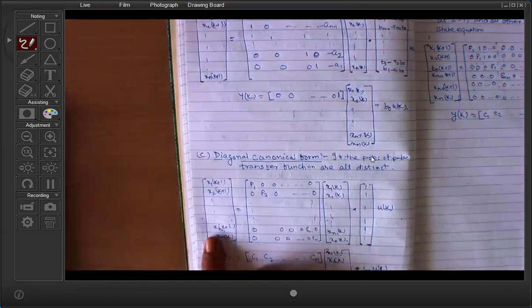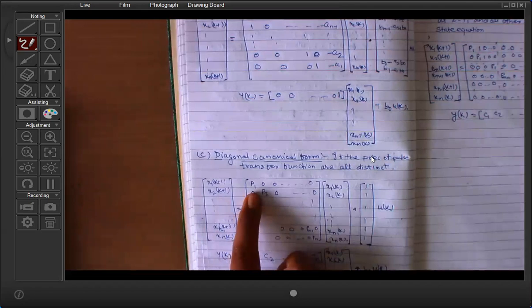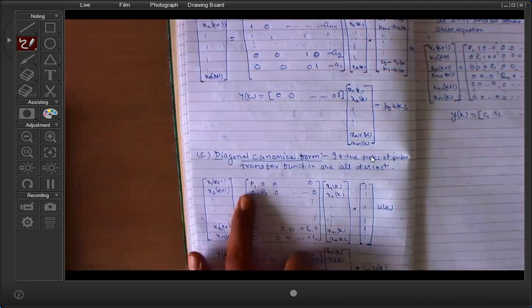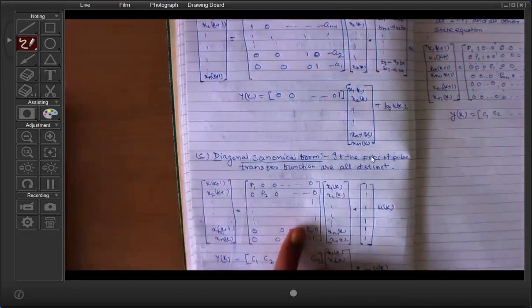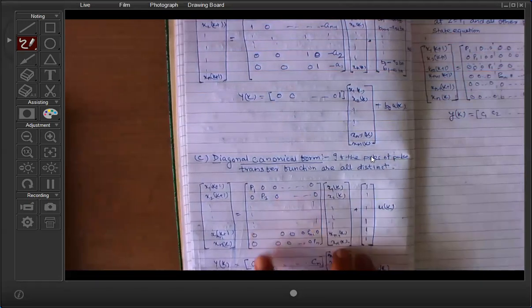So if the poles of the pulse transfer function are all distinct, suppose we have n number of poles p1, p2, p3 and pn, then you can represent the given pulse transfer function in the diagonal canonical form. Then the poles of the transfer function we have to write in the diagonal elements, that is p1, p2, p3, p4, p5, pn minus 1, and the other elements are equal to 0. And again the B matrix is equal to 1 1 1 uk,